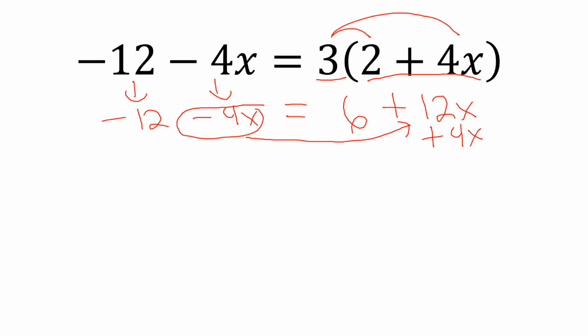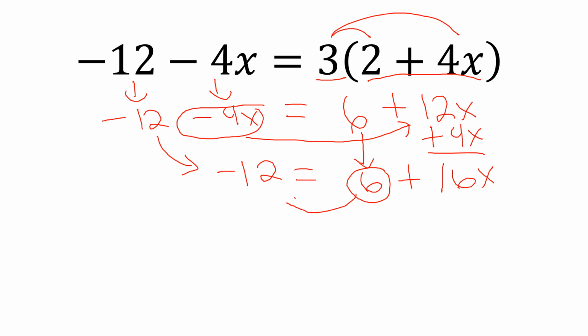That gives me 16x. The 6 comes down. Nothing has changed. So that's 6 plus 16x on the right side equals, since the minus 4x is gone, I need to move this negative 12 down. And now I need to solve this two-step equation by first moving this 6 to the other side with subtraction because it was positive. Negative 12 minus 6 gives me negative 18, which equals 16x. And so now to find out what x is, I need to move the 16. Since I'm multiplying 16 by x, I divide by 16